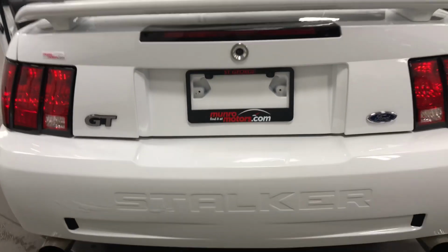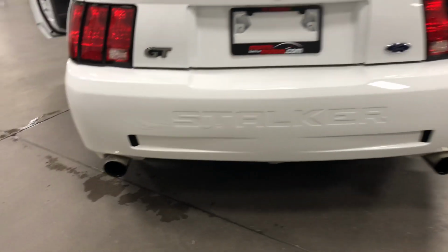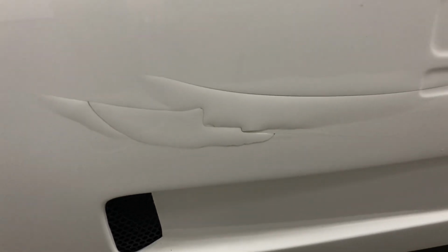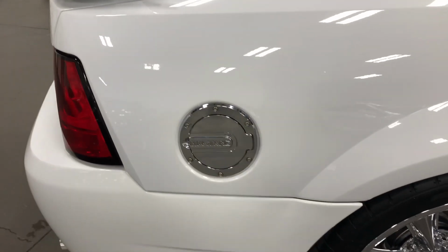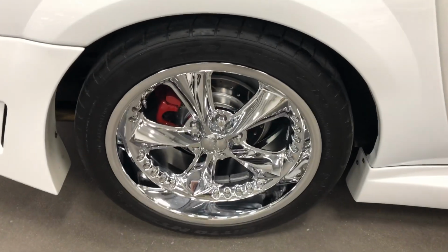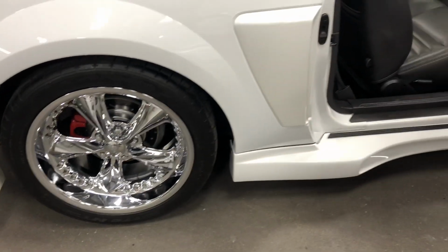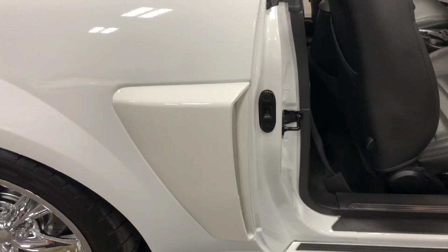Pedestal style spoiler, the Stalker bumper kit, dual exhaust with Magnaflow exhaust, so it's Magnaflow. I'll just point that out to you. A little bit of checking in the paint here on Stalker. I left it because it kind of looks like it's a little swoop. It's all good. And you can see the body kit on the side there, the nice chrome Mustang gas cap, the Foose wheels, new brakes, painted rotors, painted calipers, lots of rubber on the tires, side body kit, side vent